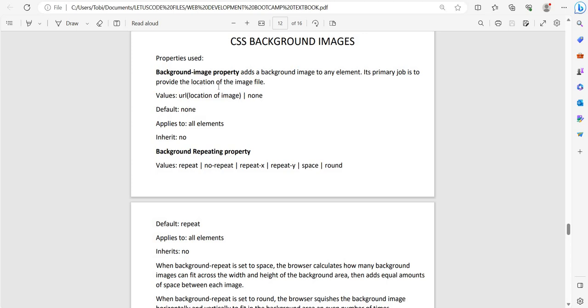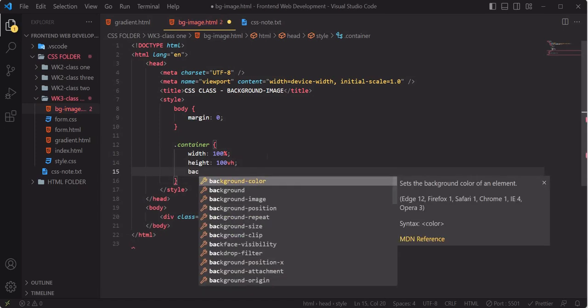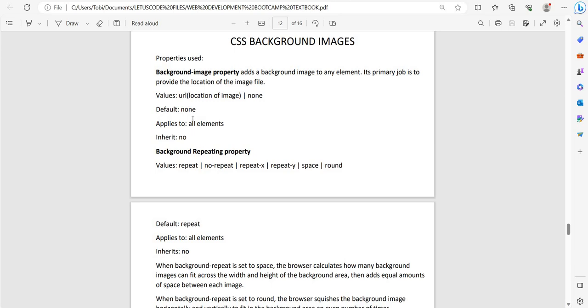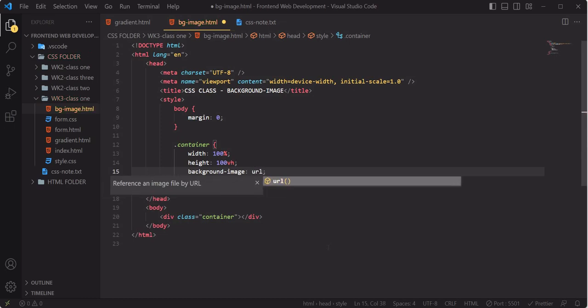Provide the location of the image file. So I'm going to come here and say background image. After the background image, I need what we call the URL. The URL provides the location of the image, whether it is in your local file or maybe it is online. So I'm going to say URL,